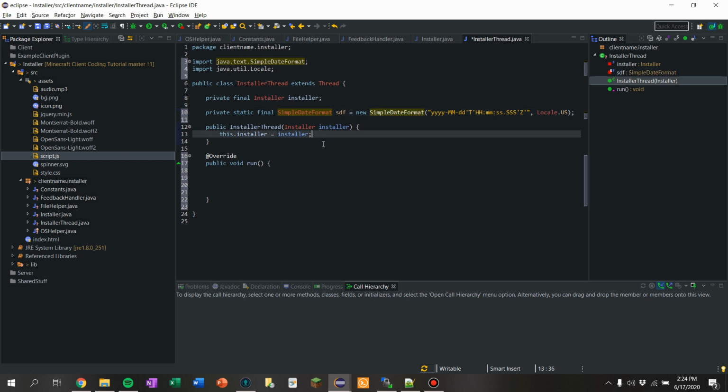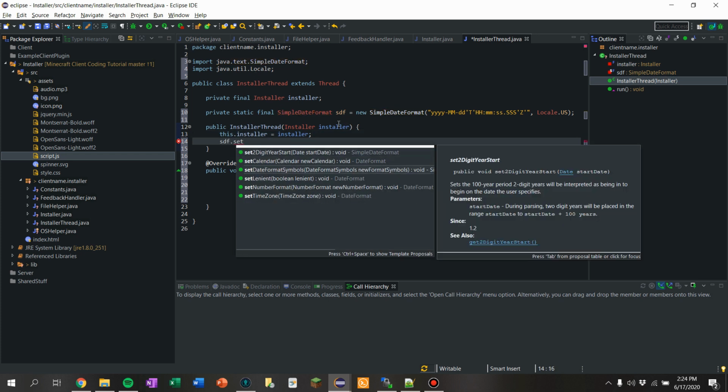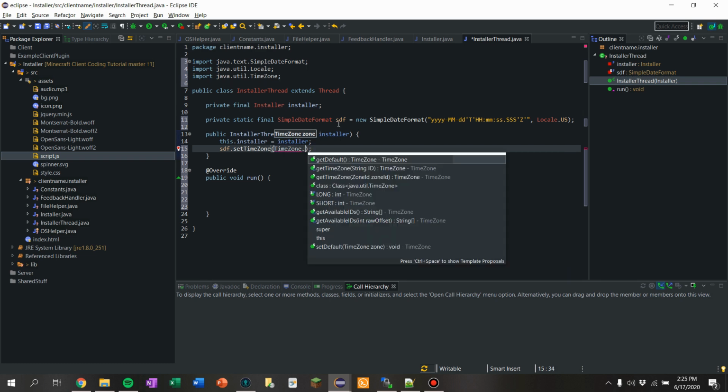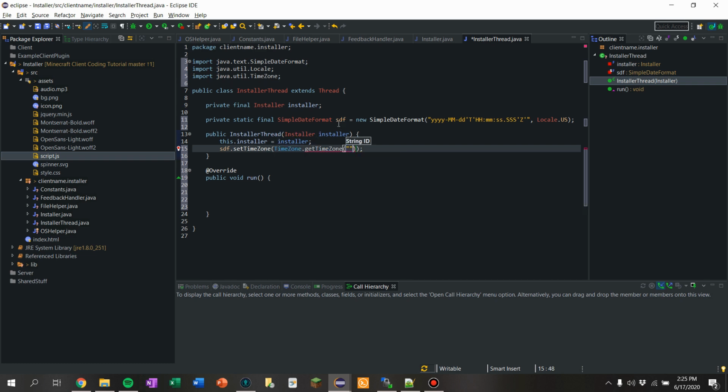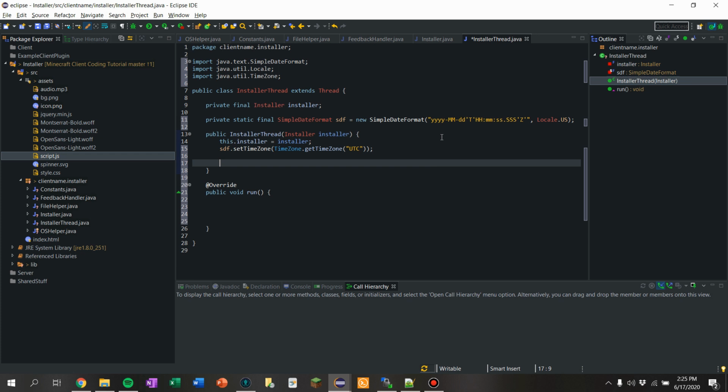What I also want to do is say sdf.setTimeZone to be TimeZone.getTimeZone. We'll do UTC. So we'll just save it as UTC time. That's, from what I understand, how Minecraft is saving its time. What we should also do